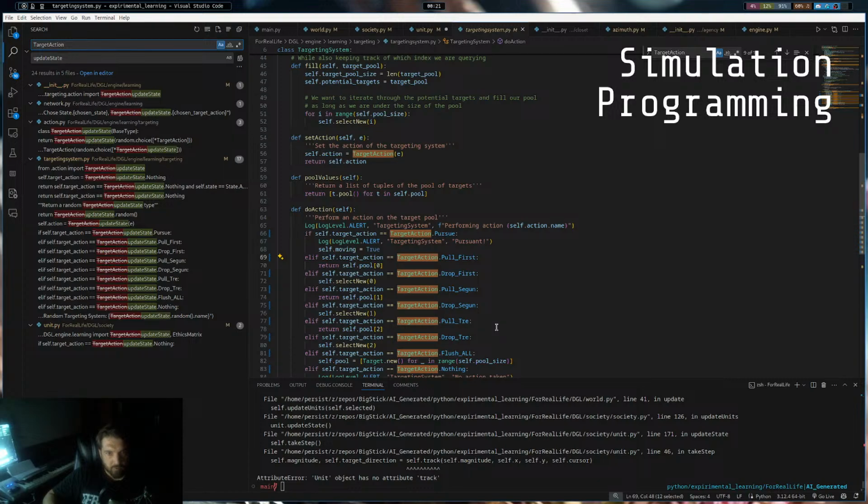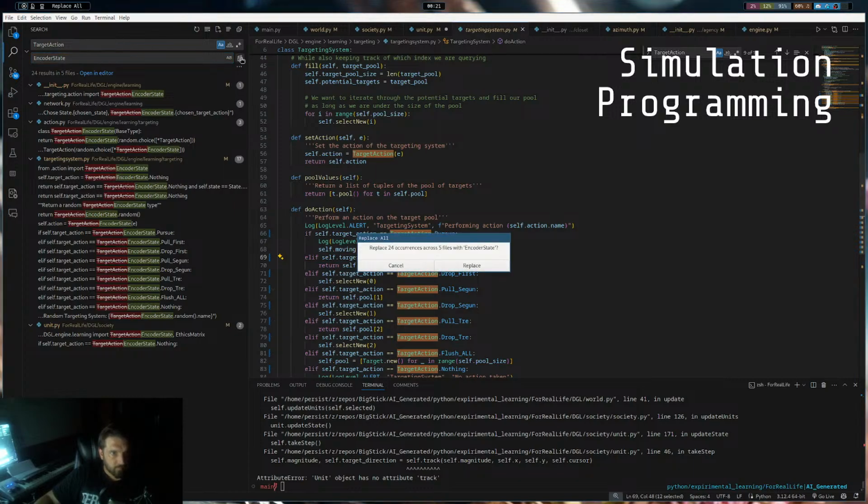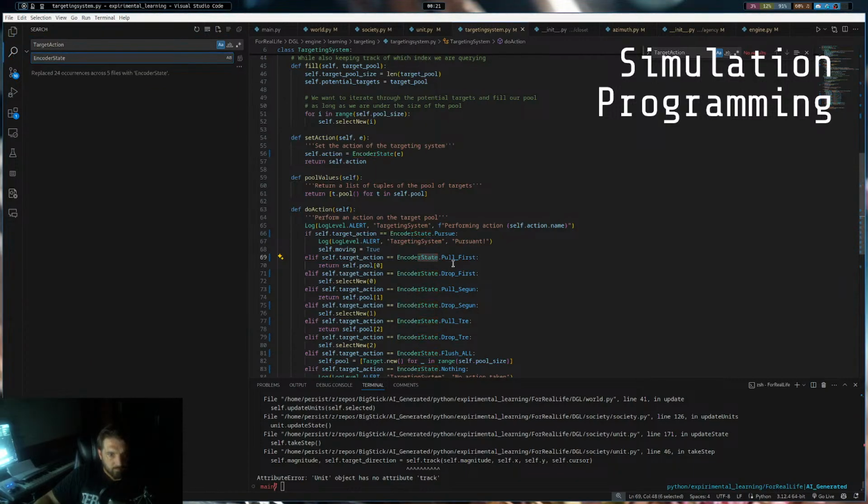It's almost an encoder. Let's call it that. Let's call it encoder state. So if the target action, and then